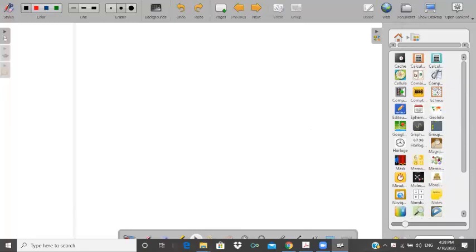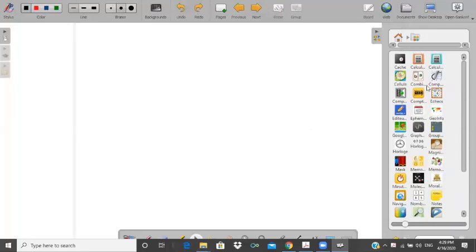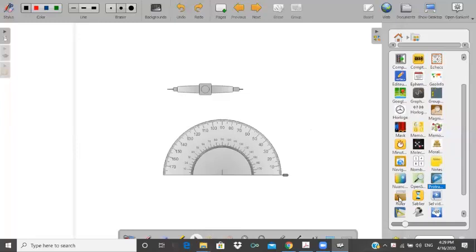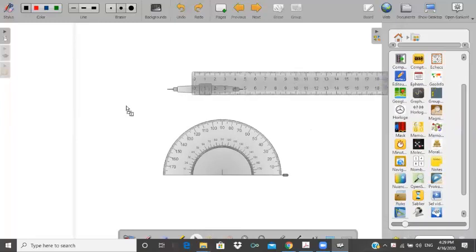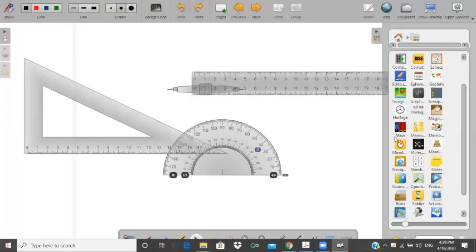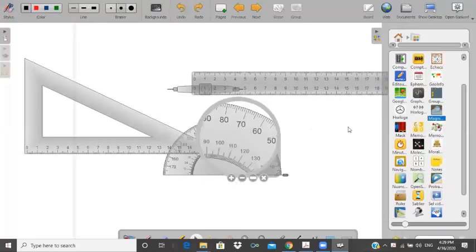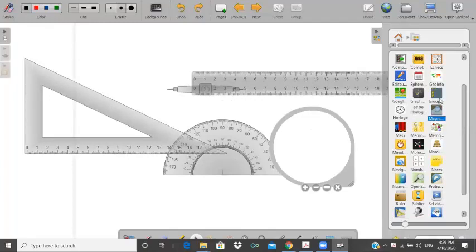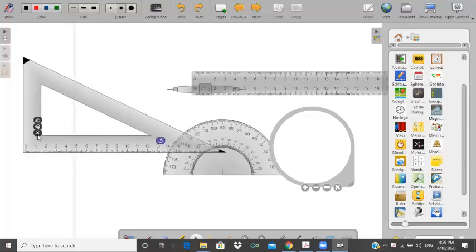You can see compass, protractor, ruler, set square, and there is one more option, magnifier. All you can see here. Now let us see how to utilize it.